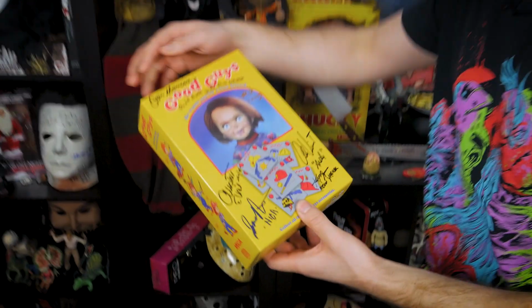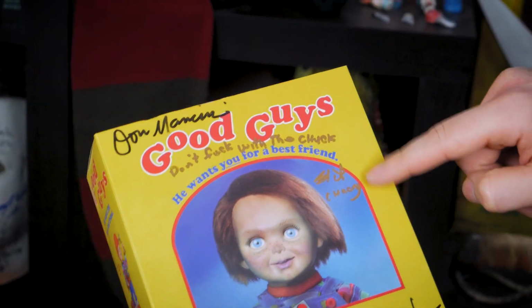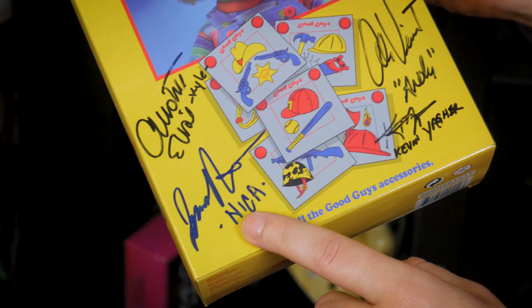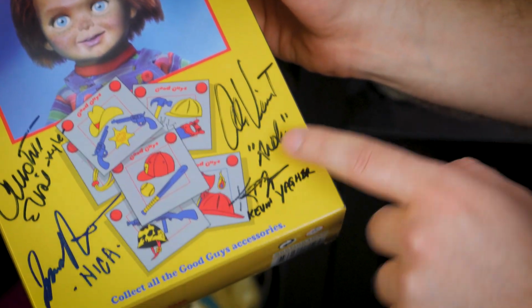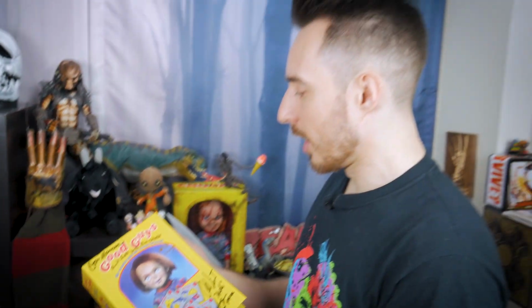So all the Child's Play people were there. I needed them to sign something, so I just bought this real fast. And we got Don Mancini, Don't Fuck with the Chuck by Brad Dourif, Christina Leese, Fiona Dourif, aka Nica, Alex Vincent as Andy, and Kevin Yeager, the makeup artist who designed him. So I think this is really cool. Unfortunately, it doesn't make a lot of appearances in the background because, I mean, we got this guy, so